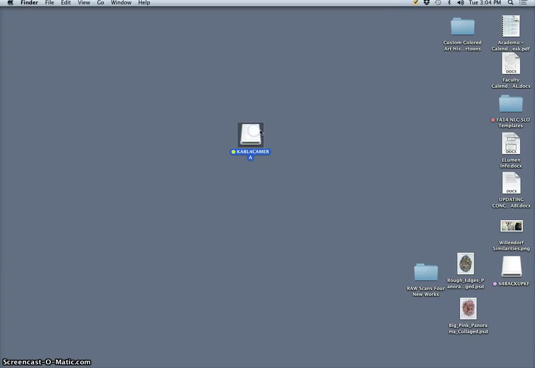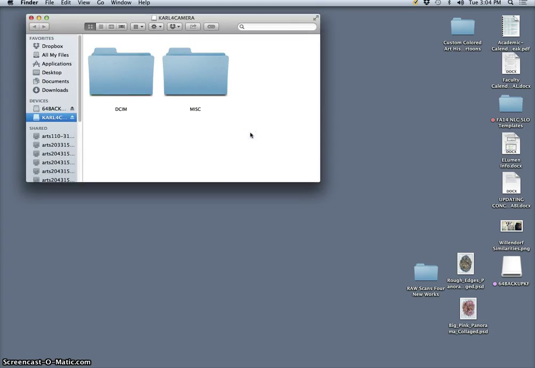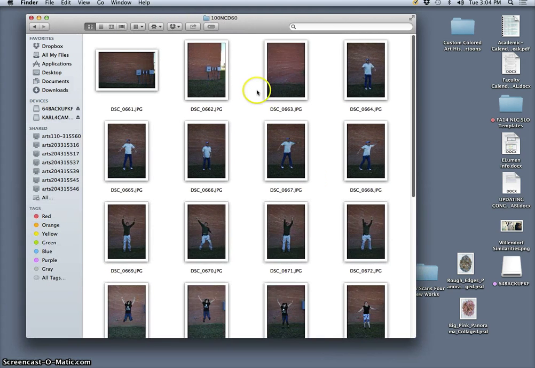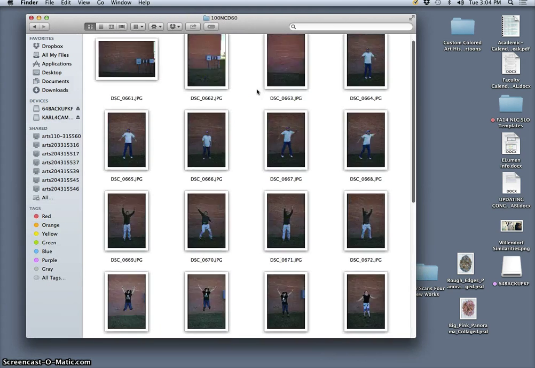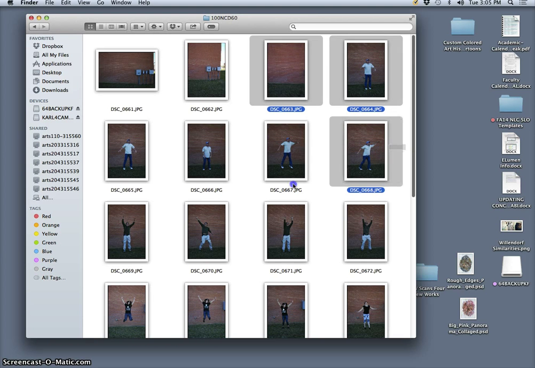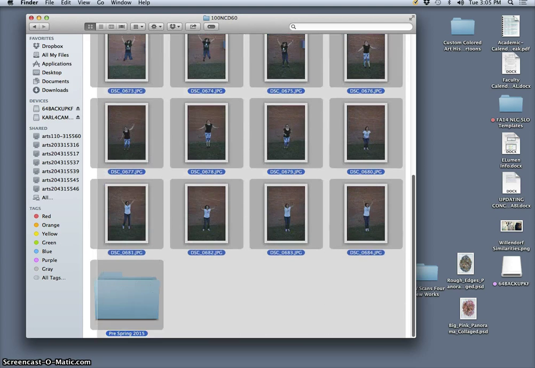All right, for our Photo 1 class, this is our first demonstration of processing, and this is for our jumping exquisite corpse exercise. I've plugged in my memory card, I go to my digital image file, and I have my exposures. Now I do not want to copy all of these from my memory card onto the computer, so what I do is I select the ones that I'm interested in looking at by holding down Command and selecting multiple